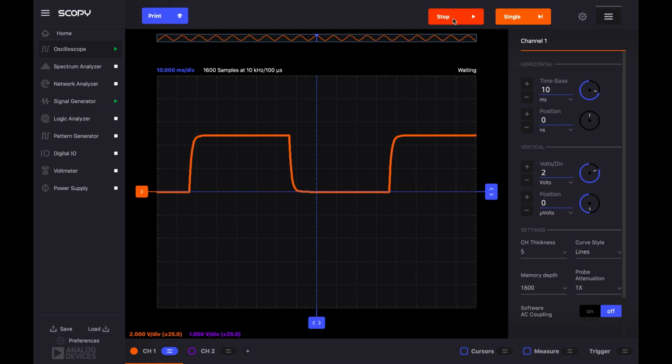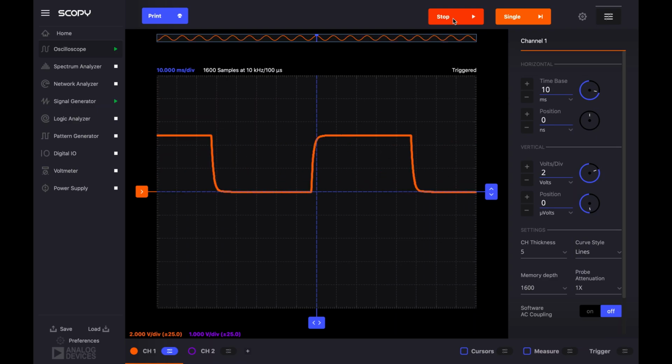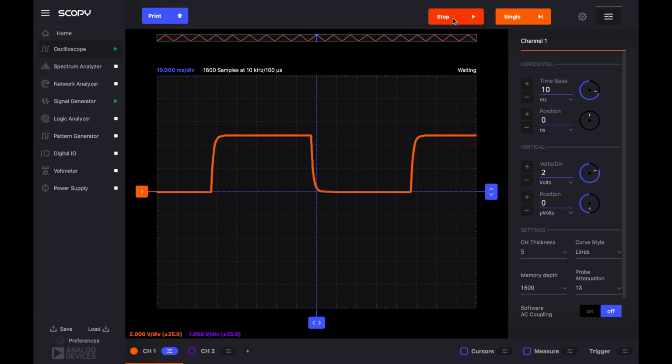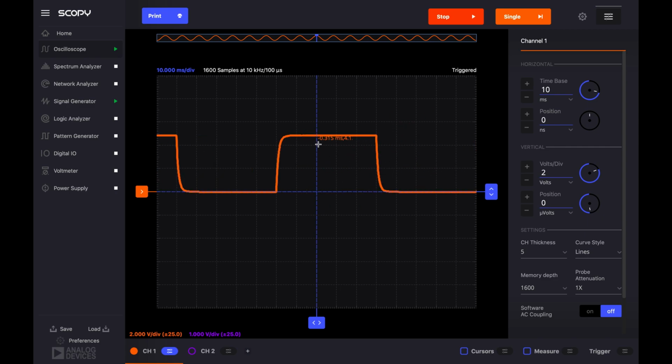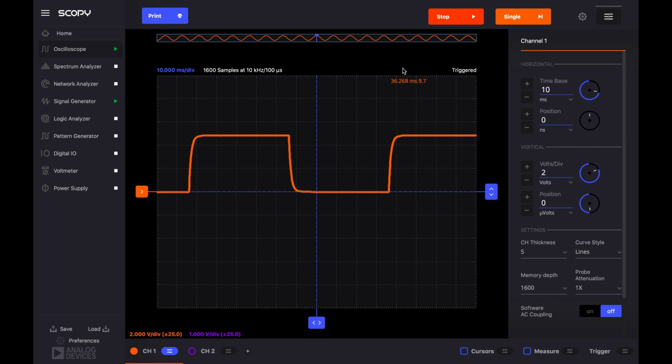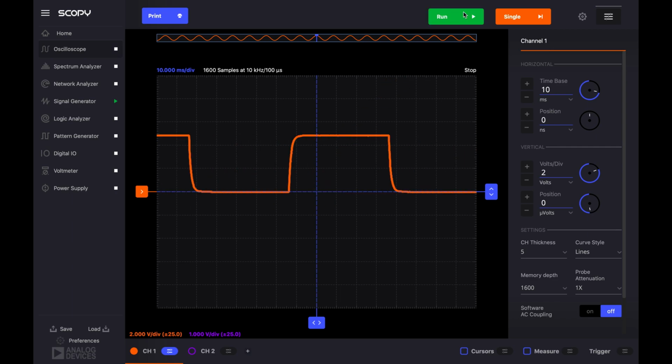So I'm going to hit run. That looks a little bit more like a square wave. It has some weirdness, but that's because we're measuring an RC circuit. So you see how it's dancing around here? That's really annoying to try and measure certain things. So again, you have a couple options. You can hit stop, you can hit single, or we got to do what everyone is afraid of with these